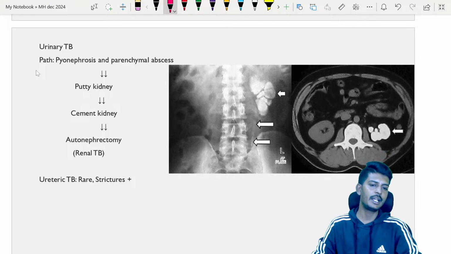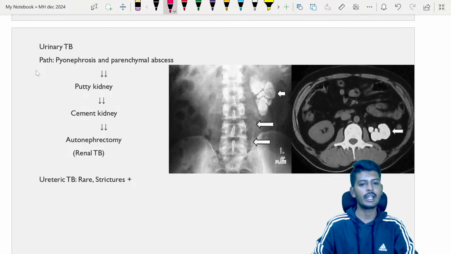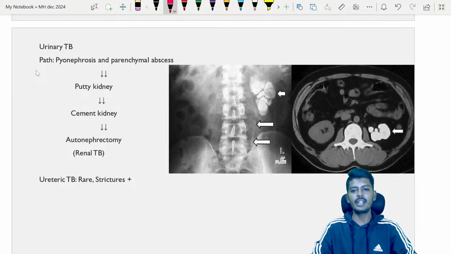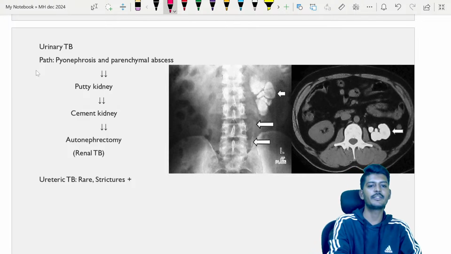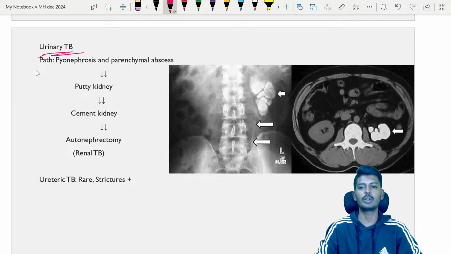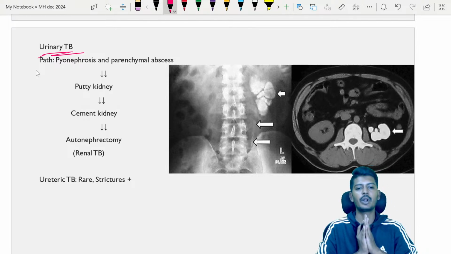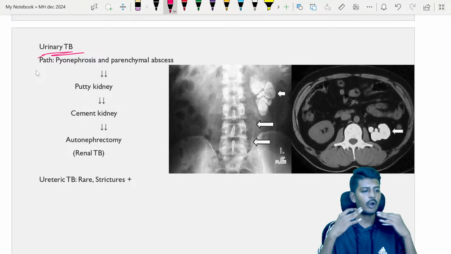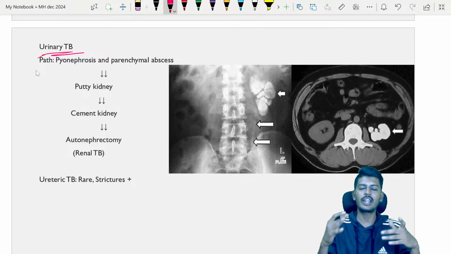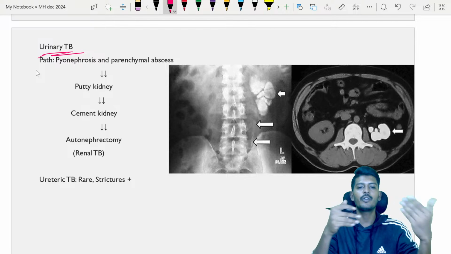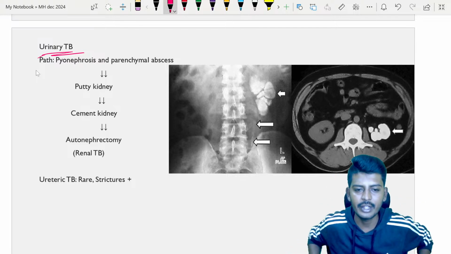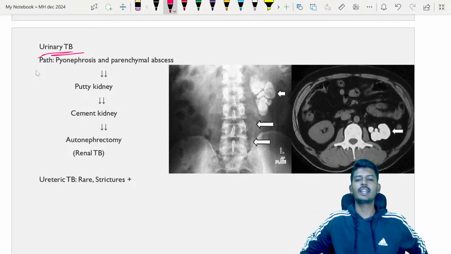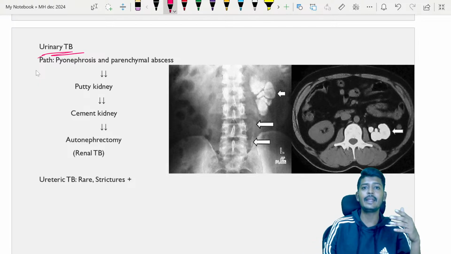Okay, let's get into the next part, that will be your urinary TB, sir. Urinary TB is a very commonly asked question, especially an image-based question, children, it is asked very often. Okay, let's see what happens. First and most important, how does urinary TB spread? I will explain this scenario, you understand, then we will go through every pathological stage. Normally tuberculosis infection is a type of primary TB of the lungs.